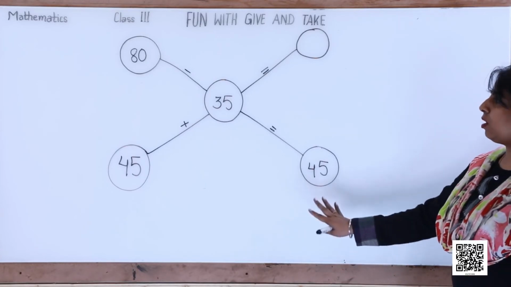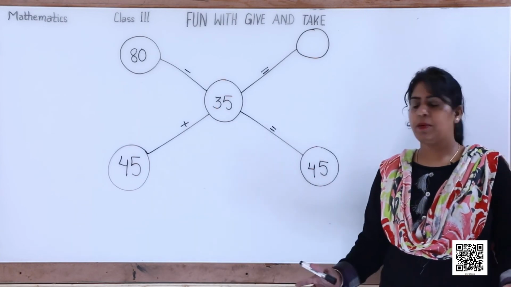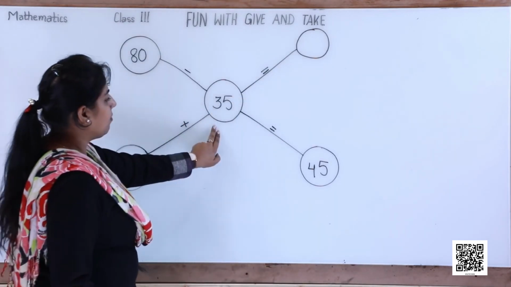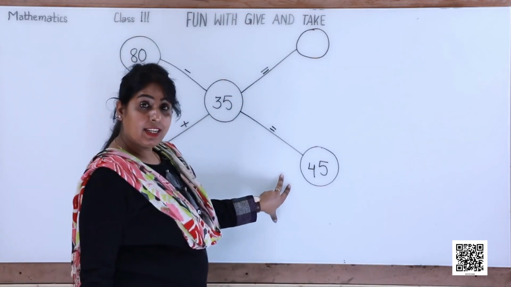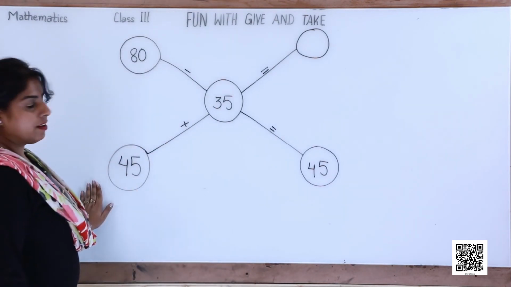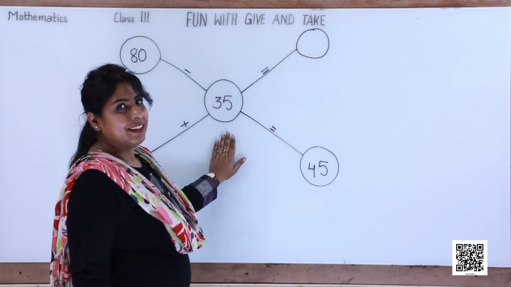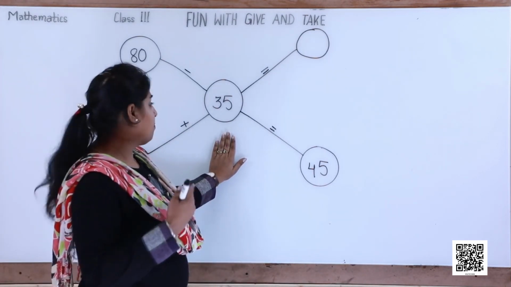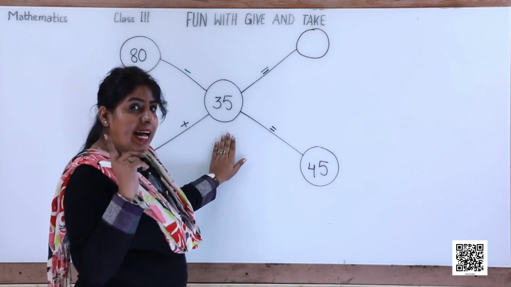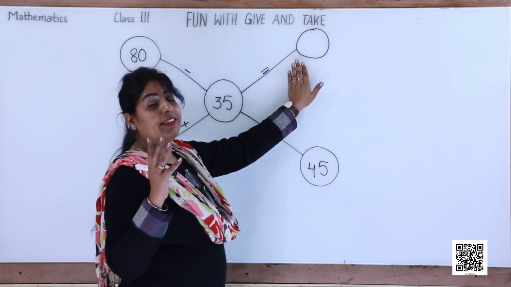So, dear children, what do you see here? Yes, there are 5 balls. Every ball is connected to the other with some relationship. Let's look at this one. 80 minus 35 is equal to 45. Right? Now, I have 45 here. 45 plus 35. Think. Do we need to actually add on to know the answer, or is there some other magic that can tell us the answer for this ball?